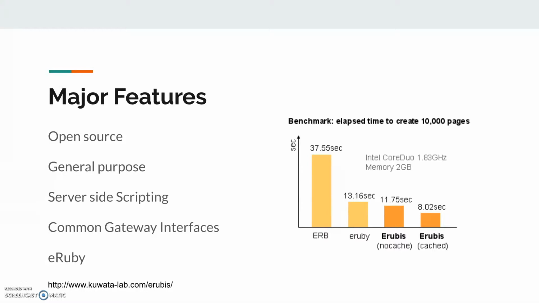Ruby is one of the top used languages for server-side scripting for web development. Server-side scripting is when the user requests a web page and the information is processed by the script on the server side before returning to the user. This is important because there are huge advantages to this in web development.